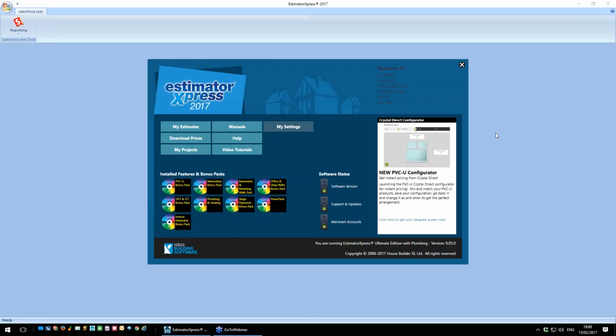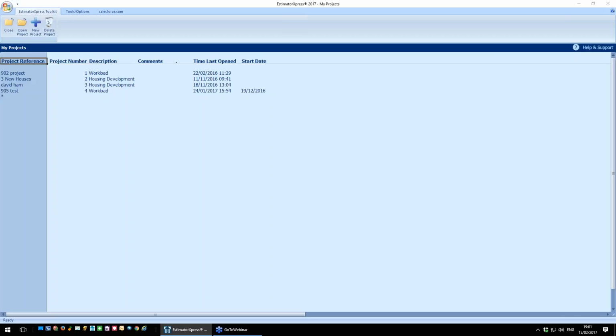Okay, now the idea of My Projects is that you can link together multiple estimates to give yourself a grouped set of data for a variety of purposes. So let's just nip into the My Projects section on the main menu here. Okay, it's fairly straightforward to create your project. You click on the New Project button,